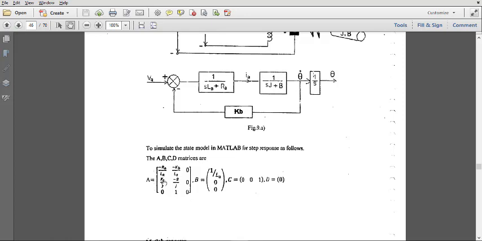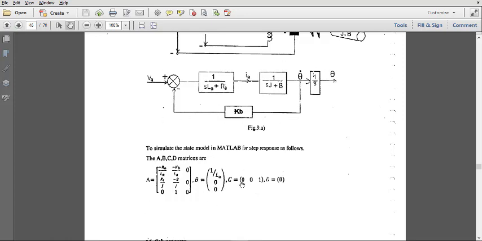Just know that you can write the closed loop control system in terms of matrices also. The matrix coefficients are given by A, B, C, and D, where A is defined by this, coming from this equation or this control system.